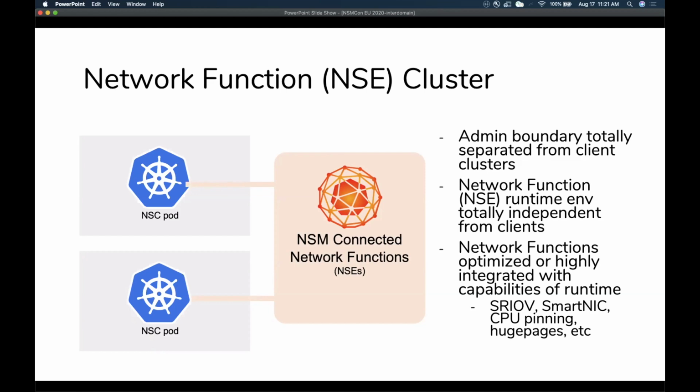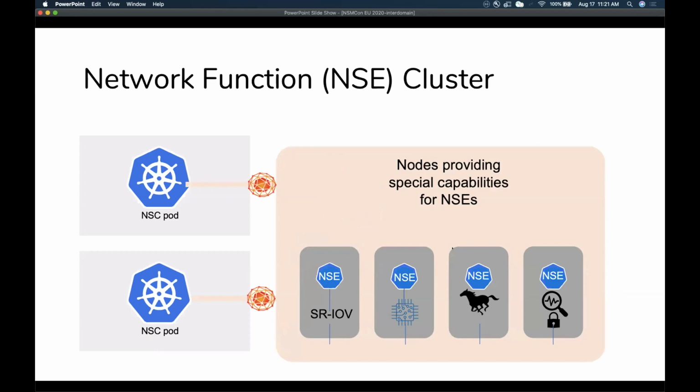This would be a model that you would potentially want to use. So your client pods are just getting cross-connected with a generic forwarder, and you have a corresponding forwarder connection into your actual network functions. So maybe you have a slew of nodes with a lot of different capabilities that you want your NSEs to land on specific nodes with specific capabilities, or maybe compliance requirements for security, or that you have in your network function operations